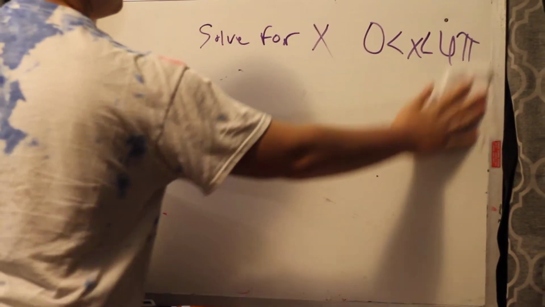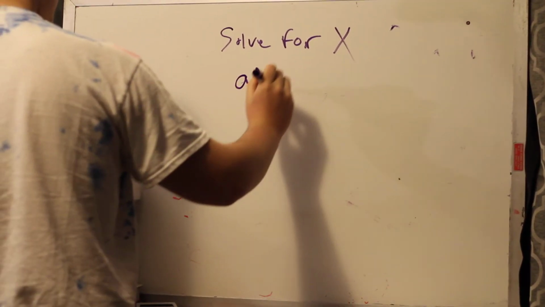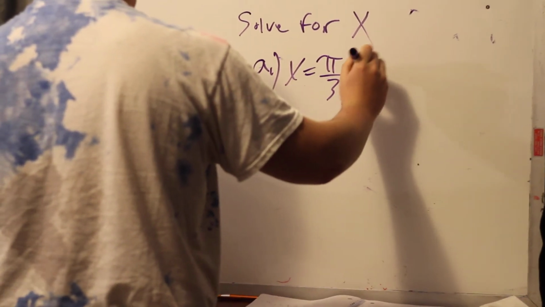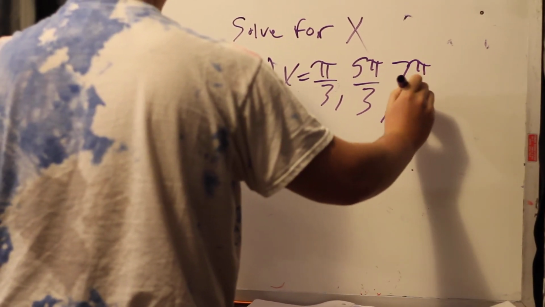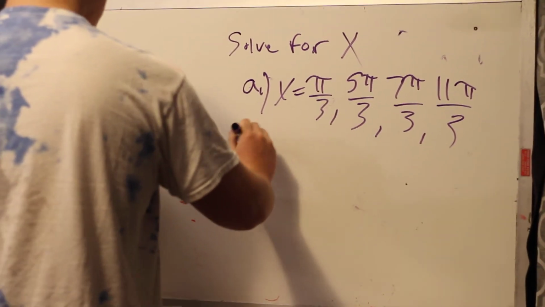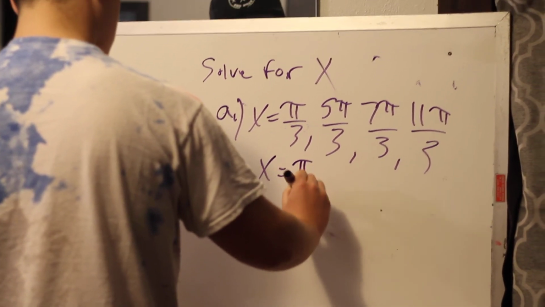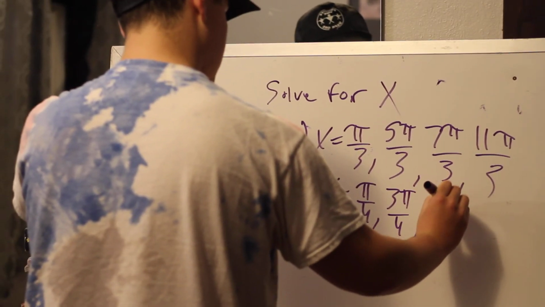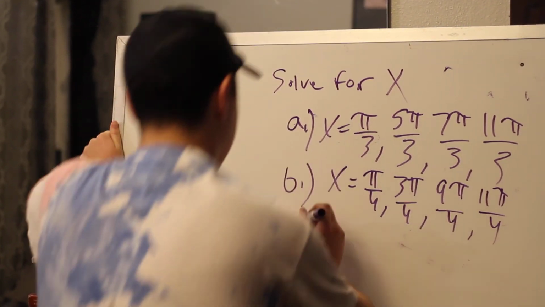Do those, and your answers will be, for A, x equals pi over 3, 5 pi over 3, 7 pi over 3, and 11 pi over 3. For B, your answer should be x equals pi over 4, 3 pi over 4, 9 pi over 4, and 11 pi over 4. And for C, your